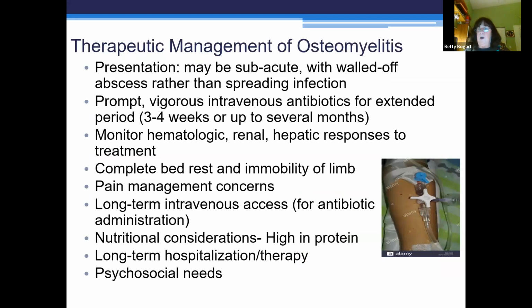So what do we do for osteo? Well, as I said, a lot of times it's staph getting in there. So they are on long-term antibiotics. Usually they go home with a PICC line and they're given antibiotics. And it's usually an aminoglycoside, which is